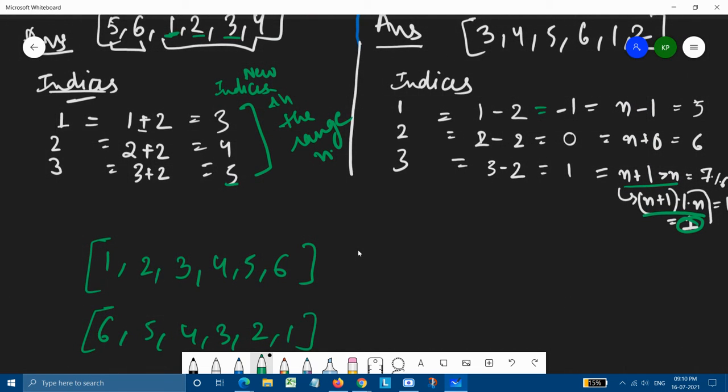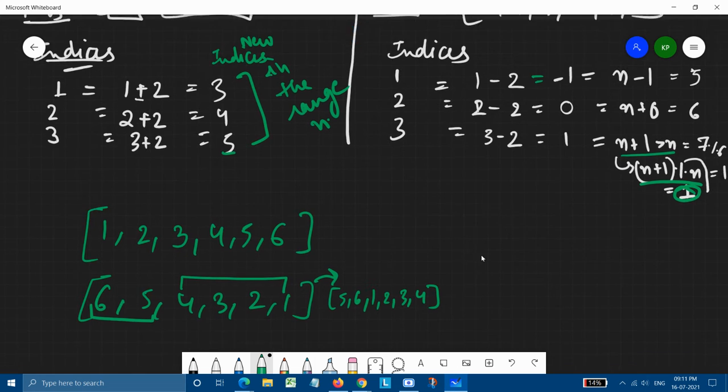After reversing the whole array, the first two elements, 6 and 5, were reversed. In the next four elements, from 4 to 1, were also reversed. So the final answer would be 5, 6, 1, 2, 3, and 4.